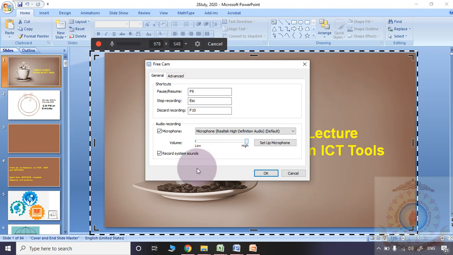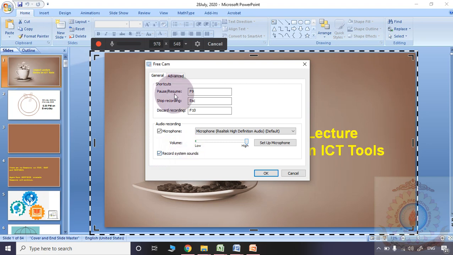That's why you are supposed to select record system sounds also. If you uncheck this and play any video in your PPT, the video will appear to the audience, but the audio part of that video may not be included. That's why you must check system sounds also. That is always a better way.